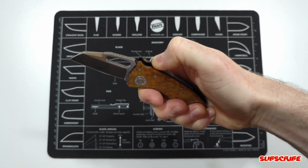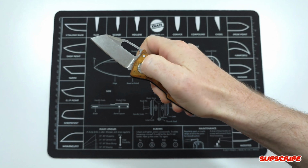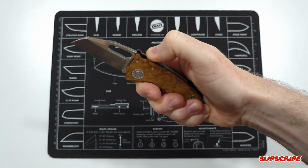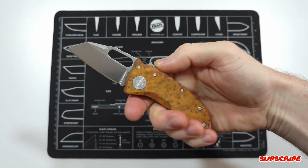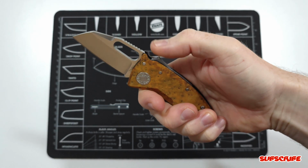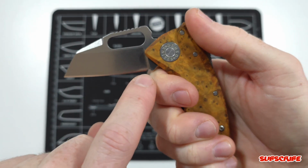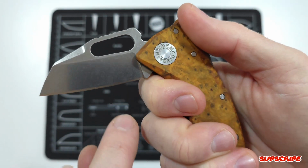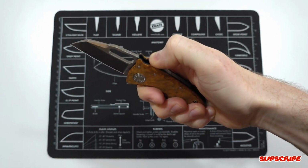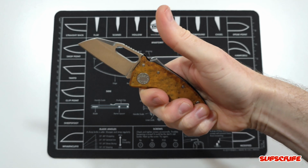The action is still very good. Obviously, it's riding on the original bearings. So thumb flick works great. Reverse flick works great. And you can still drop it like a Cold Steel, or an 80-20.5, or any Demko knife really that has the shark lock. You can pull back with your thumb and let the area behind the sharpening choil land on your finger without getting cut. That's one of my favorite ways to close this knife, just because it's easy to access that